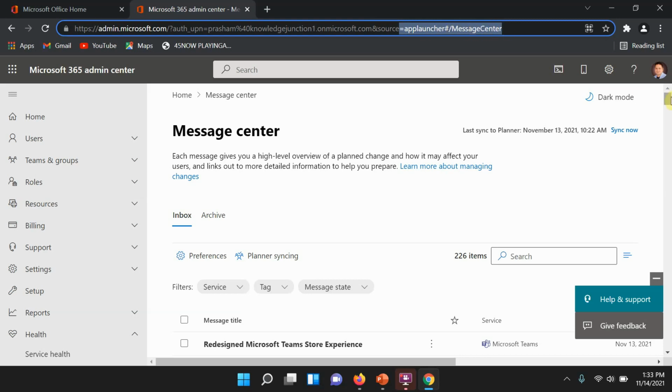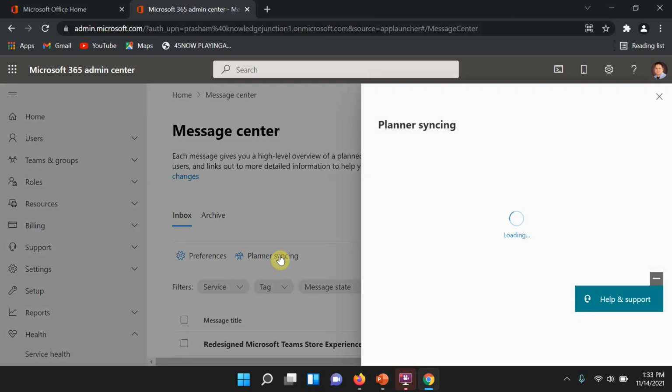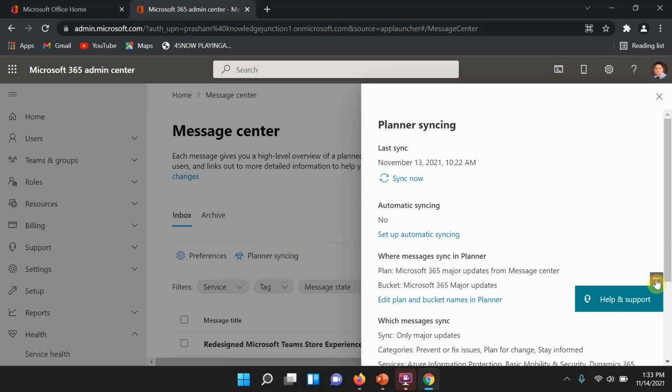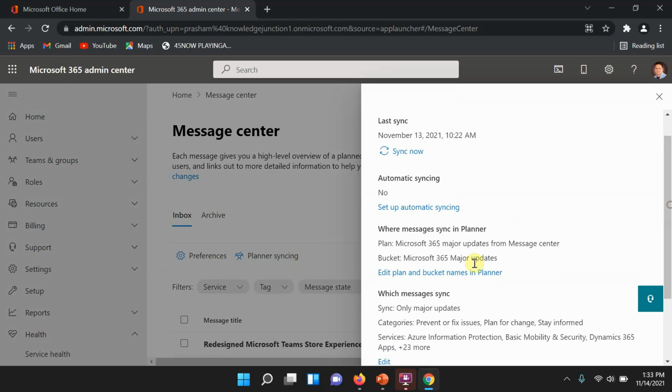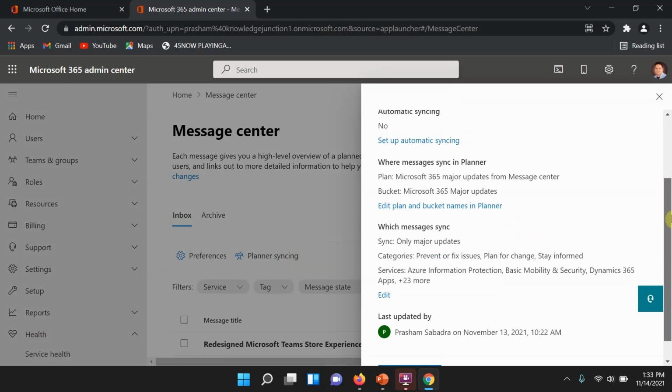Once we have the Message Center open, we have an option called Planner syncing. Please click on this Planner syncing. I will minimize this help and support. I already have two plans there, like Microsoft 365 major updates from Message Center, and one more plan.